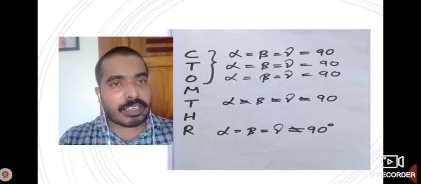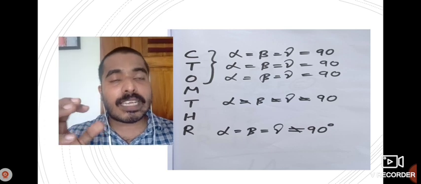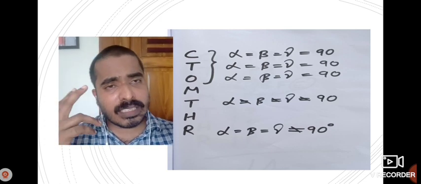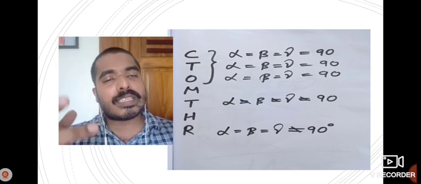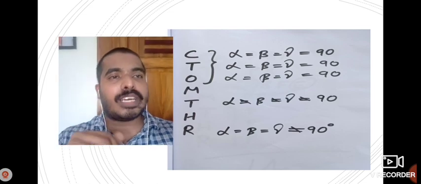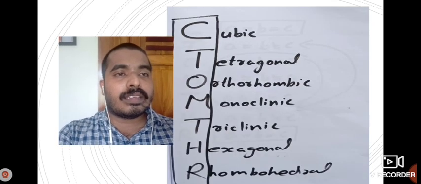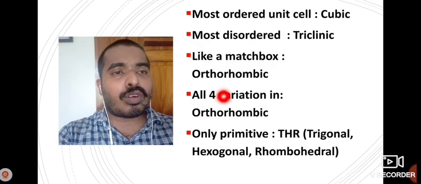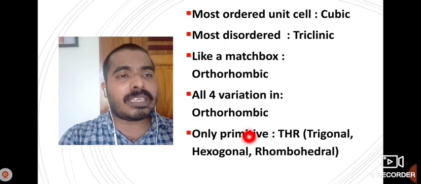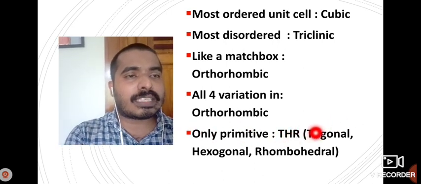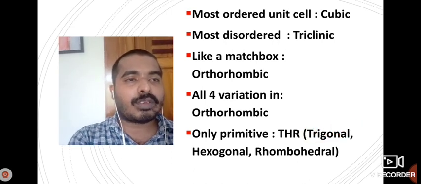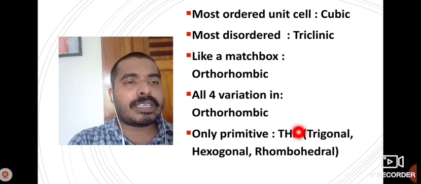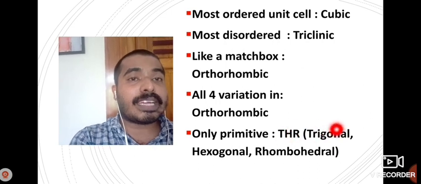Monoclinic, you find it yourself from the textbook. Actually that is the only thing you need to remember. All other things are easy to remember. Only monoclinic you need to learn by heart. All other things will be there in your mind if you study properly. And this question, do you remember, all only primitive THR? It is not trigonal. Sorry, it is not trigonal. It is triclinic. That was a mistake. Only primitive, it is not trigonal, it is triclinic.